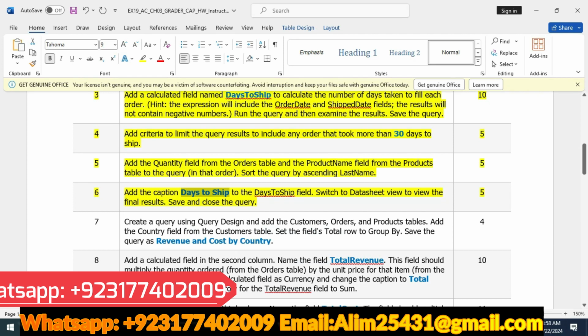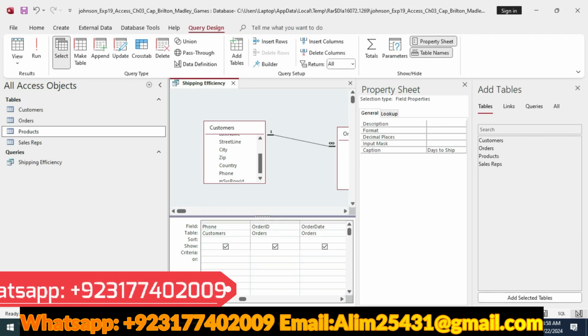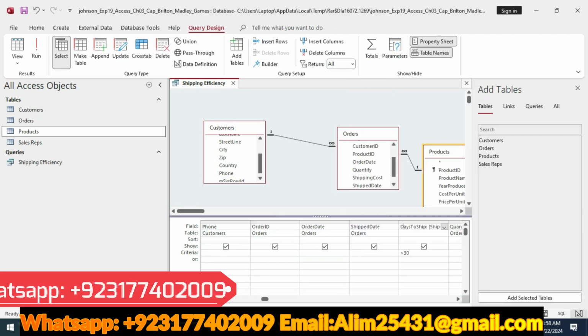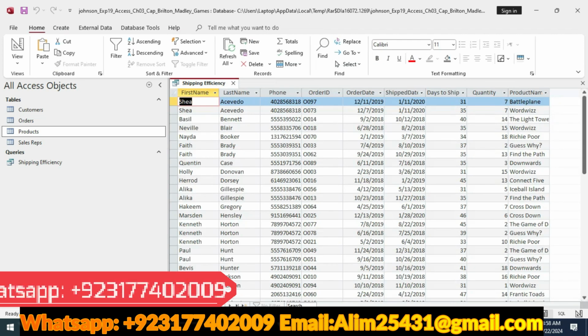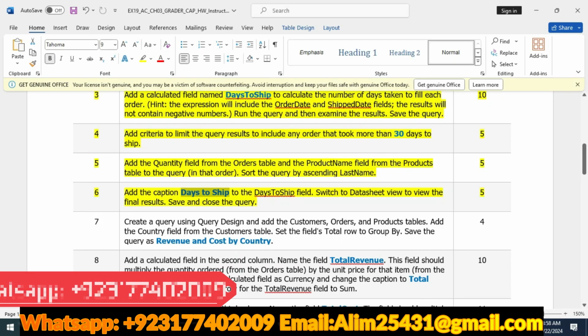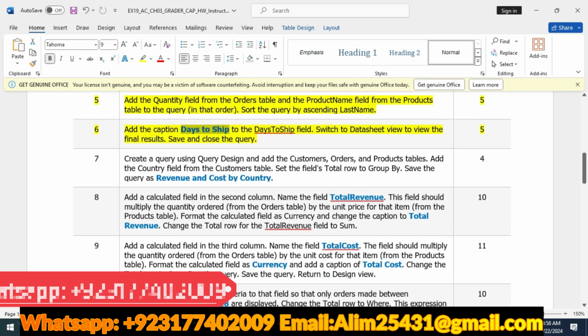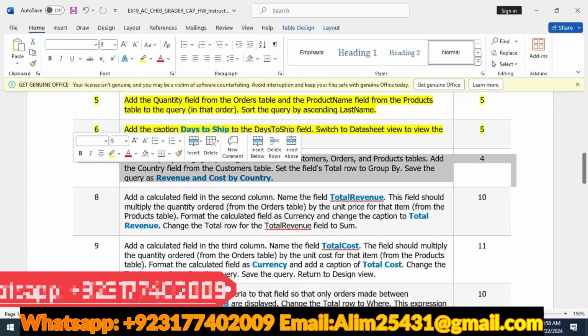Switch to the datasheet view to view the result and save and close the query. So what he is asking, go to the datasheet view, save this query, and close the query. That's our sixth step. Our seventh step is